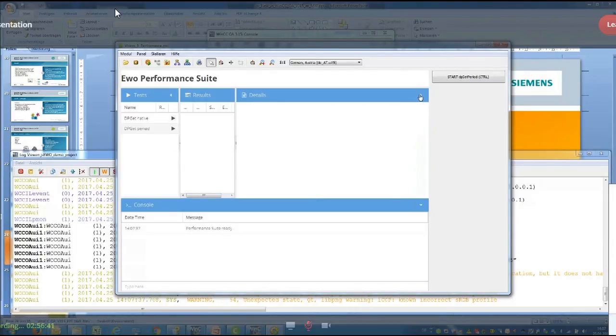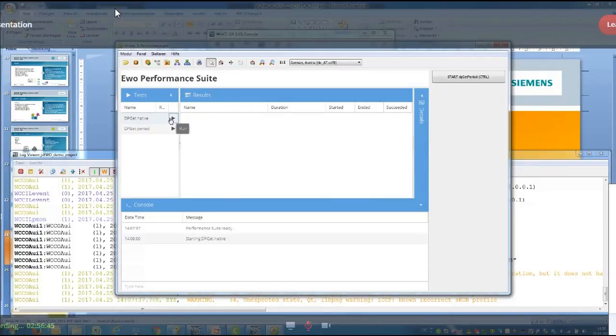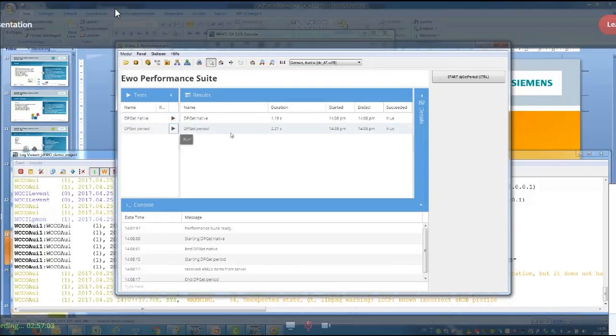This is some whatever HTML, JavaScript stuff, and so on. And this is just doing a little performance test regarding when you do 10,000 or whatever DP gets in the JavaScript environment, and a DP get period, if 13,000